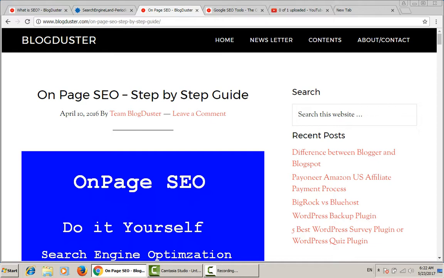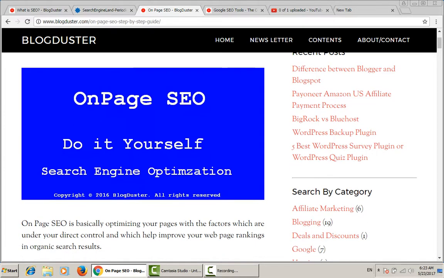Okay, so today we will see what on-page SEO is. This is one of the many guides we prepared for people who are new to on-page SEO and don't know the basics. On-page is something we can definitely do ourselves. You don't need to spend hundreds and thousands of dollars on on-page SEO. We want you to do it yourself, and that is the reason we prepared this step-by-step guide to understand